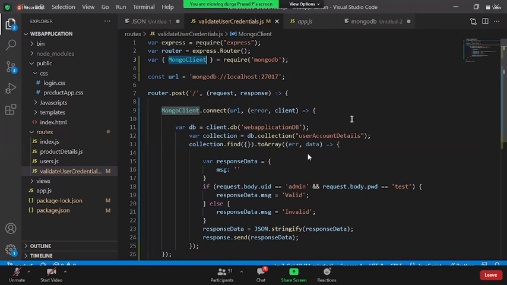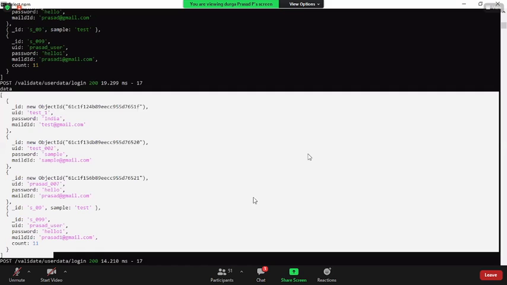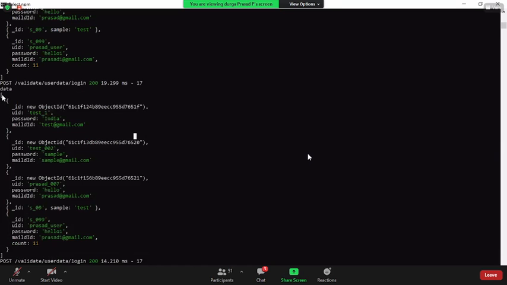Okay, clear everyone? Now, my requirement is whatever ID and password the user is giving, check whether it is available or not. But what is the query I have written? We have written something called find all. Assume I'm giving one user account detail to the database.